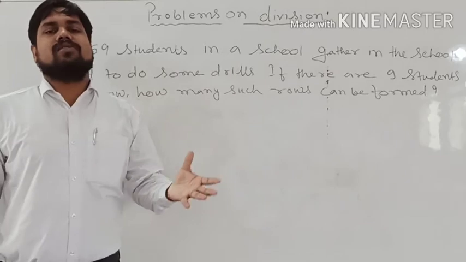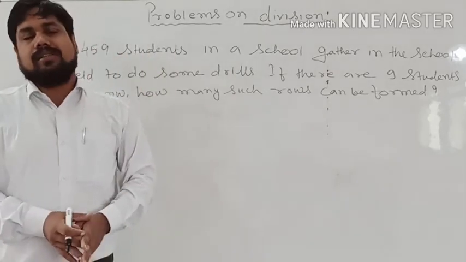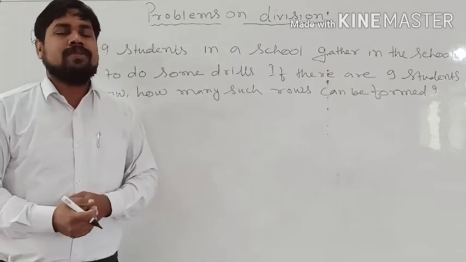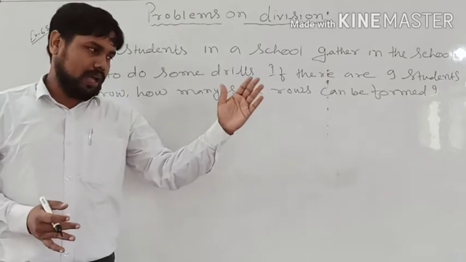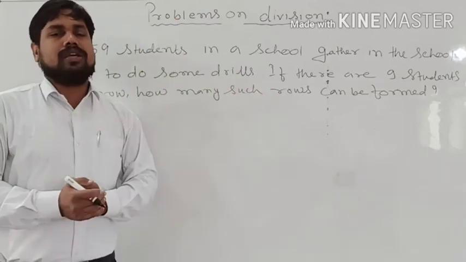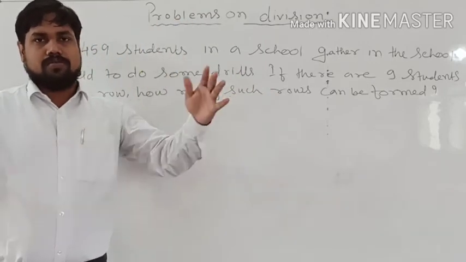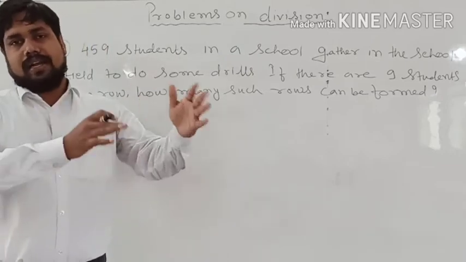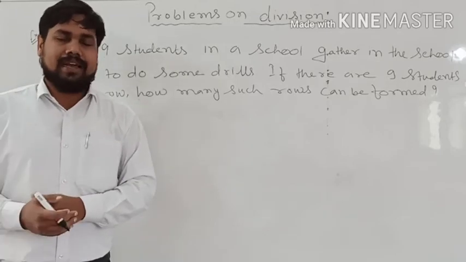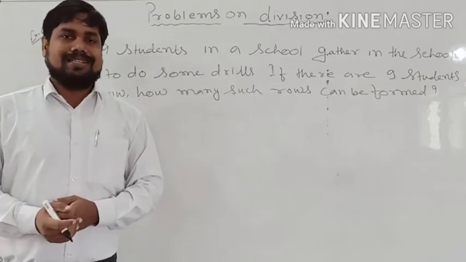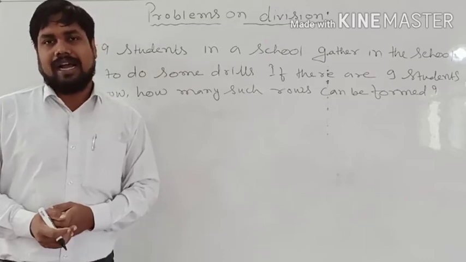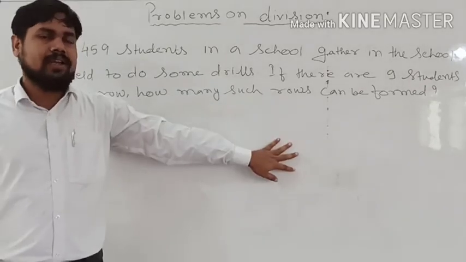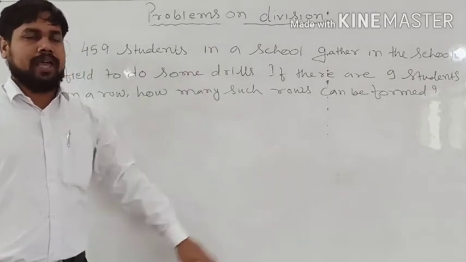तो वेरी इजीली इसको भी हम लोग एक सिंपल एग्जांपल के साथ रिलेट कर सकते हैं. जैसे कि अगर मैं बोलूं कि हम लोग का क्लास में टोटल 60 स्टूडेंट है और हमको हर रो में 10-10 स्टूडेंट खड़ा करना है, तो कितने रोज बनेंगे? तो बहुत इजीली आप बताओगे कि 6 रोज बनेंगे, क्योंकि 60 को 10 से डिवाइड कर देंगे तो ये 6 आएगा. तो दिस इज हाउ वी विल डू दिस आल्सो. जस्ट सिंपली डिवाइडिंग बाय 9 will check how many rows it will form. Okay, so let us do this.